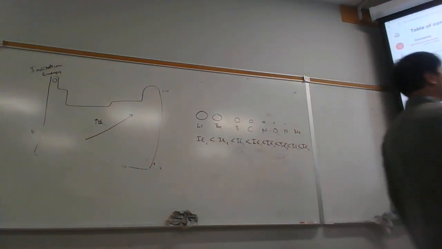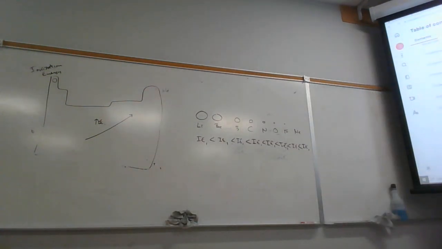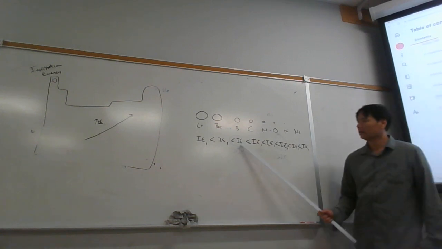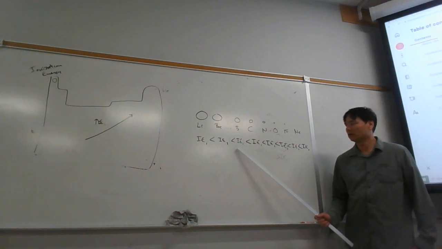Hydrogen to helium works fine. Helium is going to be higher. Here we go, lithium to beryllium. Beryllium is smaller, ionization energy is greater. But when we go from beryllium to boron, boron's ionization energy is less than beryllium, or is expected to be greater. Can you think of a reason why boron would actually have a lower ionization energy